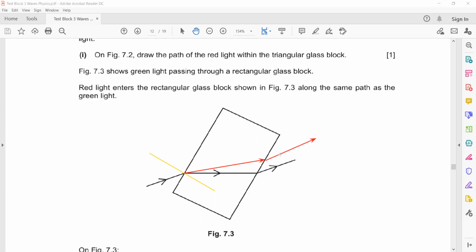normal. But Sir, you have to draw it towards the normal, right? The deviation first is toward the normal, and when it is going out, it should be away from the normal. Sir, can't it bend below the green light? No, it cannot bend, because if you bend below the green light, it means the bending of red is more than green, but it is opposite, that the green